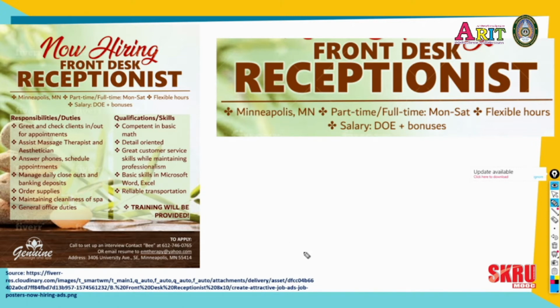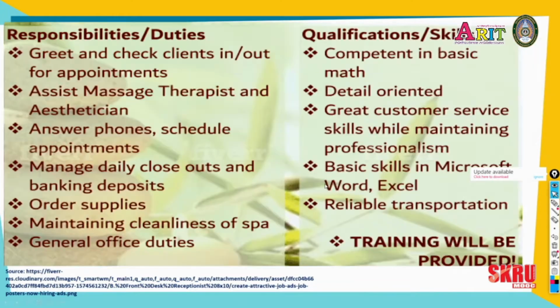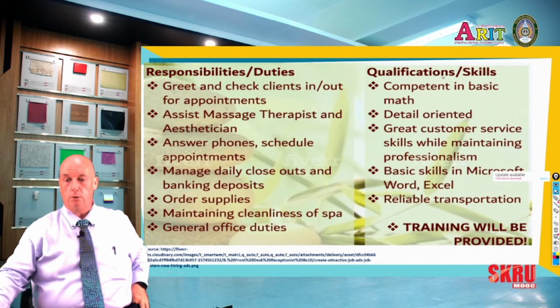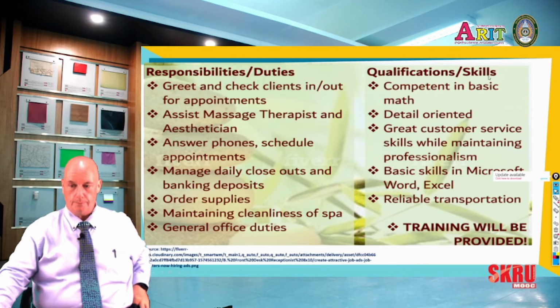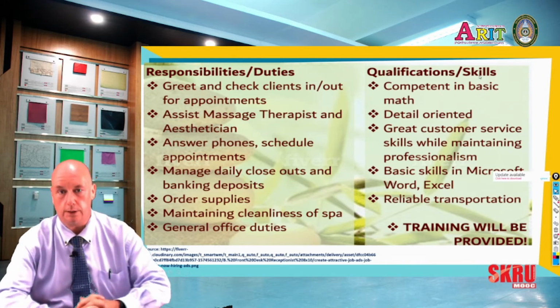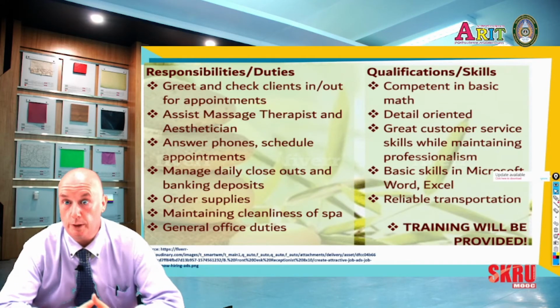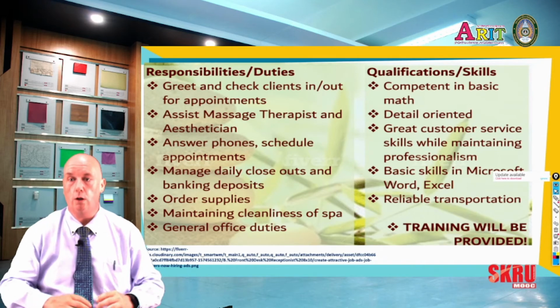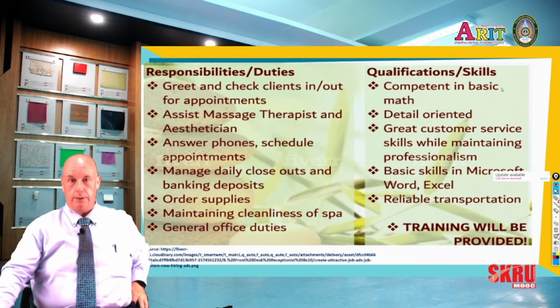Now, the most important part of the job advert here is that it will show you the responsibilities and duties. These are the things that the employer expects you to do. It also tells you the qualifications and skills that are required to do the job in their opinion. There's a lot of overlap between these, but by going through them and reading between the lines, we can identify the important words and language you need to put in your CV and make sure you tell them you have all of these skills and abilities.